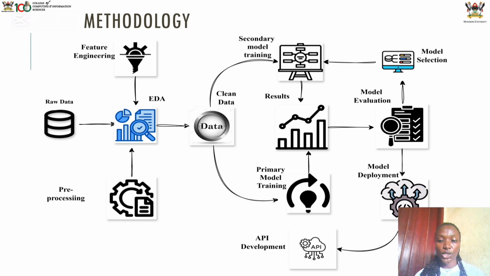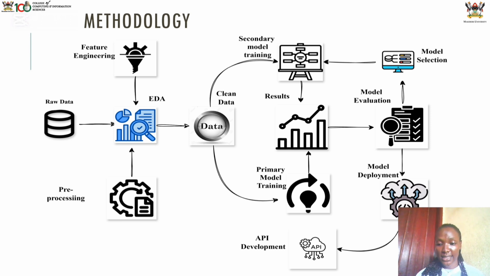So the methodology we worked with: we had raw data, and on this data set we performed an EDA. Under the EDA, we did some pre-processing and feature engineering so that we could obtain clean data to train the model. With the clean data, we first trained models to evaluate and choose the best models for our project. After evaluating the results, we did model selection. We selected the XGBoost model, the artificial neural network, and the random forest models to act as our teacher models, and then we did secondary